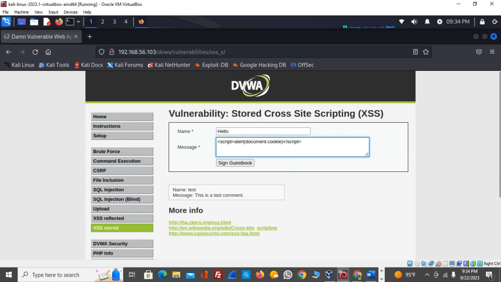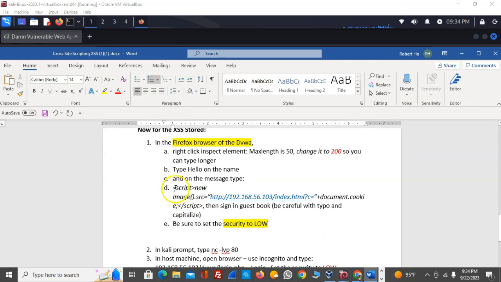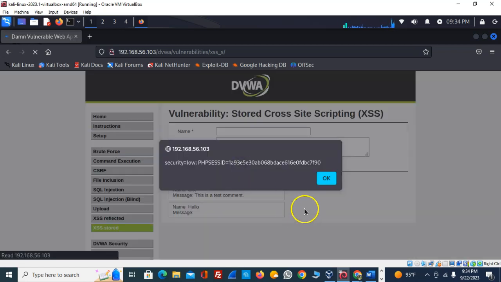Okay, so when we type this, by the way, I have my documentation here. I'm not going to use this one because I'm just directly using a script. The script is alert document cookie, and then sign guestbook. Click. Now we have the session ID. Notice that we set the security to low and the session ID is this one. We will copy this one. Since we have this session ID, we are going to use it to log in and bypass